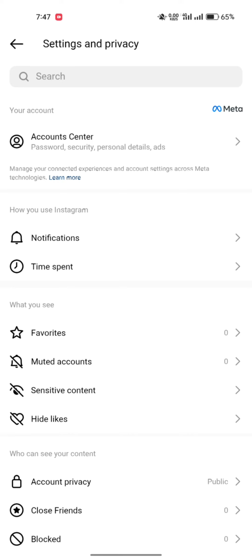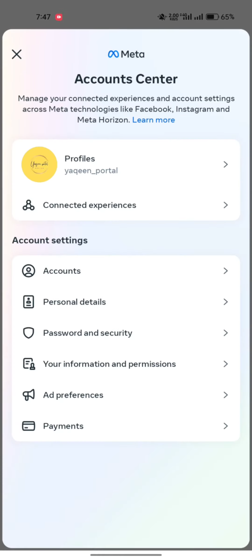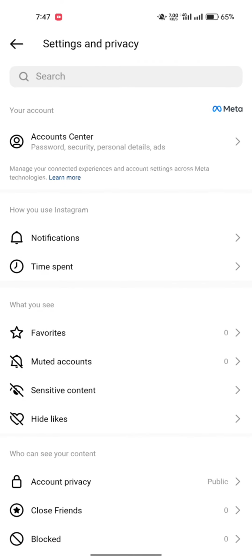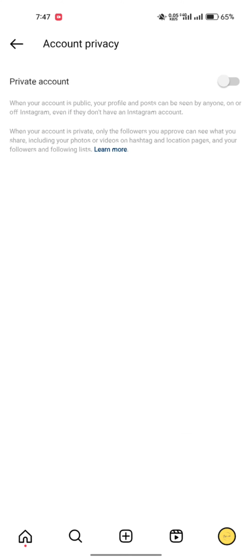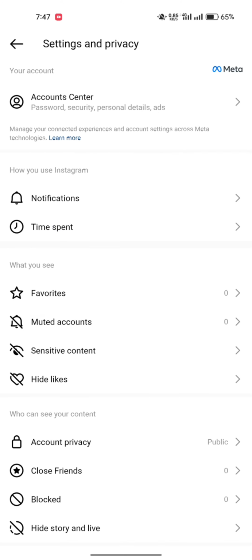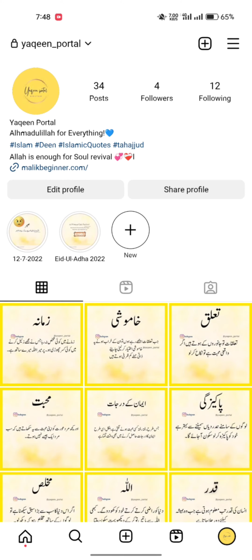To make Instagram private, you need to click on account center. Now to make Instagram account private, you need to find account privacy right here. Click on it and tap it. Now it will be converted to private account and all your information including post and all other data will be